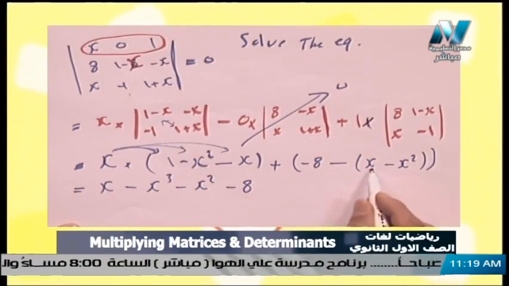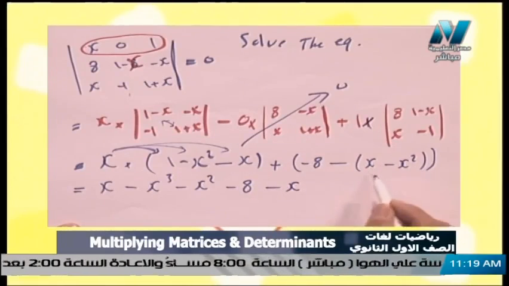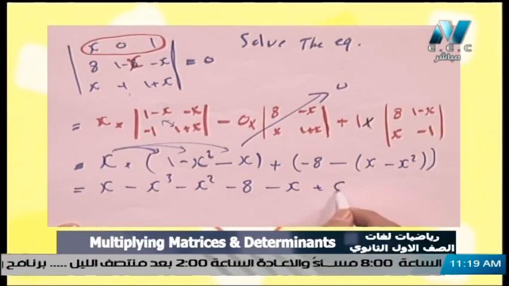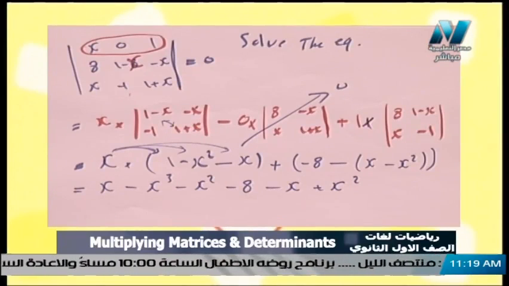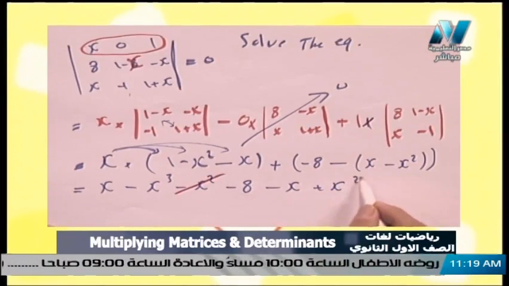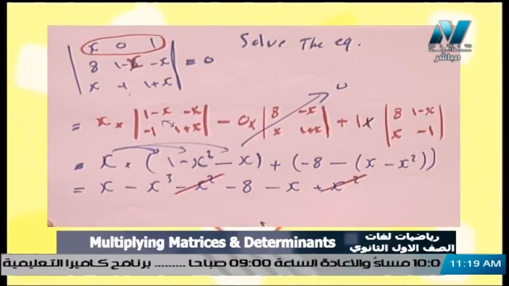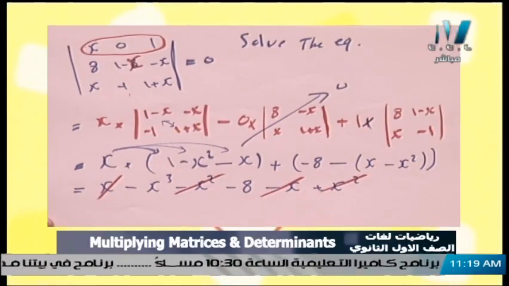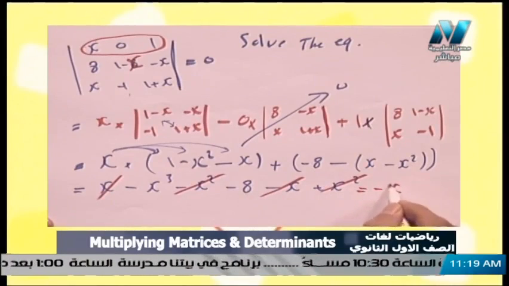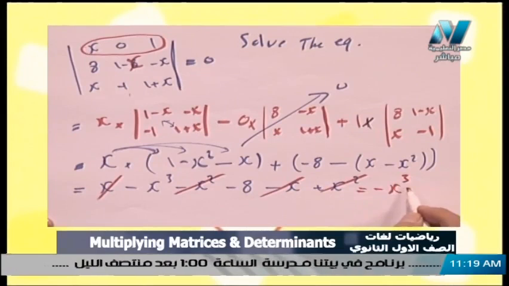Negative times x equals -x. Negative times x to the power 2 equals positive x to the power 2. We can cancel -x to the power 2 with x to the power 2, and we also cancel -x with x. The final result equals -x to the power 3 minus 8,